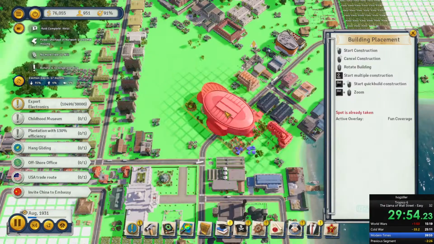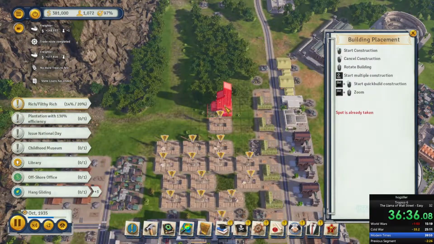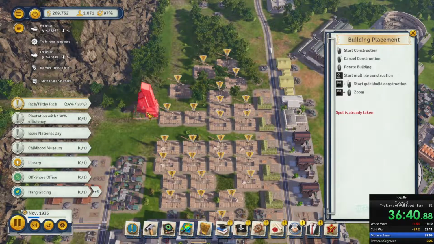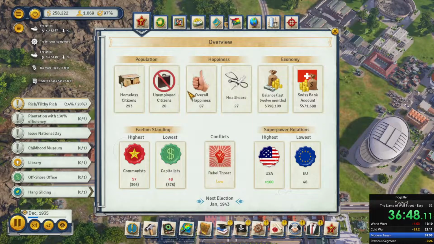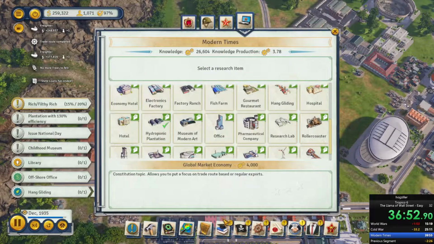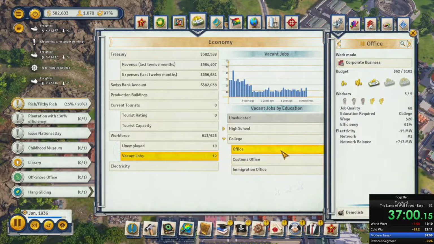Once you get your final quest, have 20% of your population be filthy rich and the entire population have a rating of 80 on happiness. This is where you're going to need to build a bunch of offices. With each office you build, hire the workers, which should increase the filthy rich people that are present. I also recommend that you switch on the child allowance edict, as that'll give you about a 1% increase in